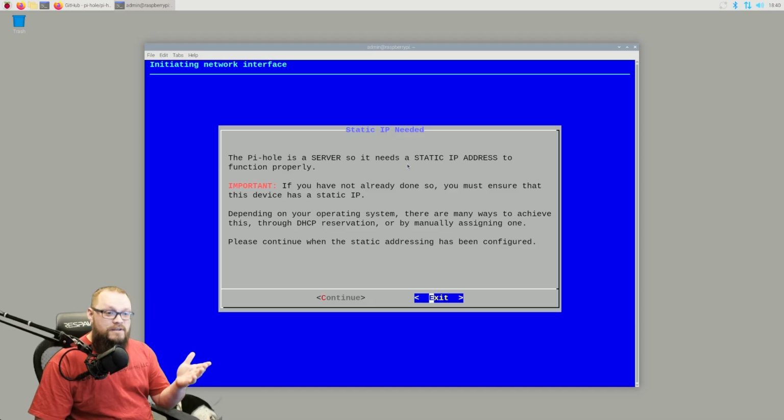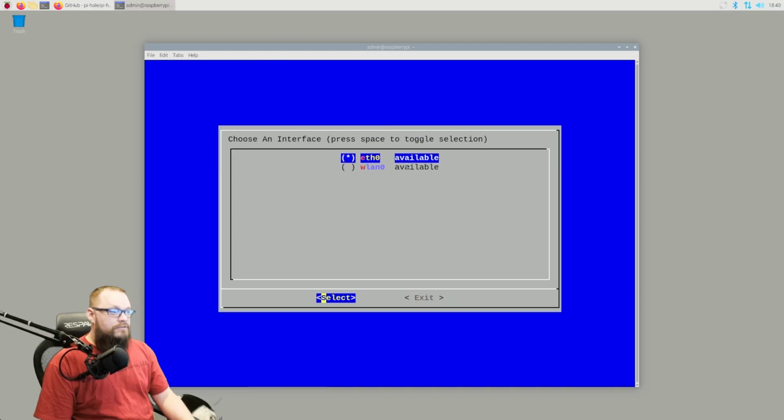All right, so this is an important thing to remember. Pi-hole is a server, so it needs a static IP address. And if you have not done so, you want to ensure that you have set a static IP address on this device. Now, it even mentions here, there are many ways to achieve this through DHCP reservation or manually assigning. If you haven't seen the video I did on DHCP reservations, I'll put that somewhere up here. Now, we've already done that, so I'm going to continue, and I'll select,